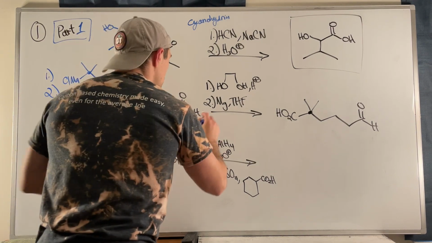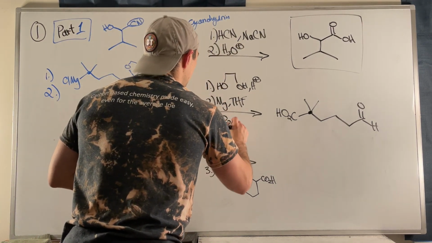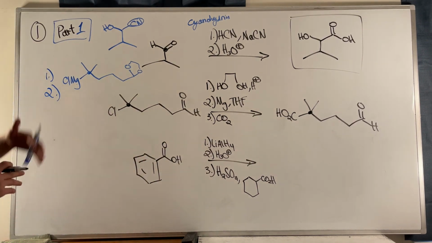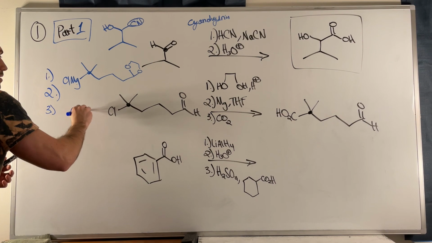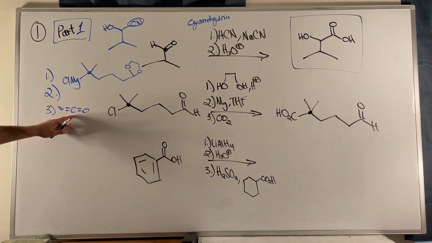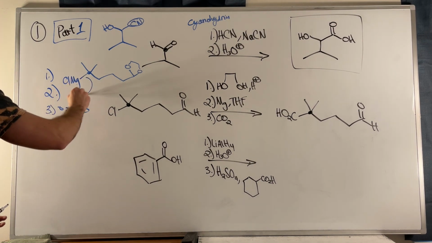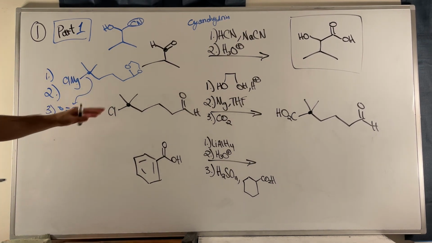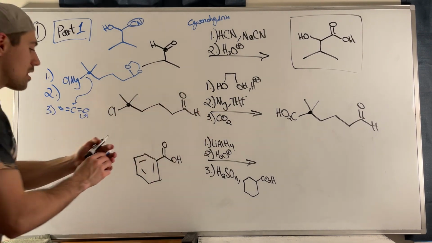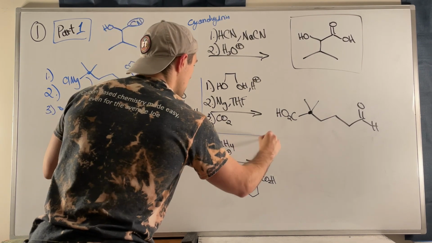And then what we'll do is throw in, as we roll into step three, CO2, because what will happen then, remember, is our Grignard, right? That's a really partially positive carbon being double bonded to two different oxygens. This carbon attacks, that double bond functions as a leaving group, that gives us a carboxylate, right? So then the last thing we need to do here, let me circle this as our answer as well,